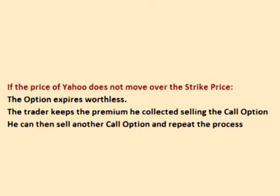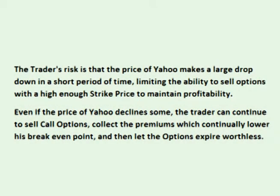If the price of Yahoo does not move over the strike price, the option expires worthless. The trader keeps the premium he collected selling the call option. He can then sell another call option and repeat the process. The trader's risk is that the price of Yahoo makes a large drop down in a short period of time. Should the price of Yahoo drop, the premium from selling the call option offers some protection from downside movements in price. Even if the price of Yahoo declines some, the trader can continue to sell call options, collect the premiums which continually lower his break-even point, and then let the options expire